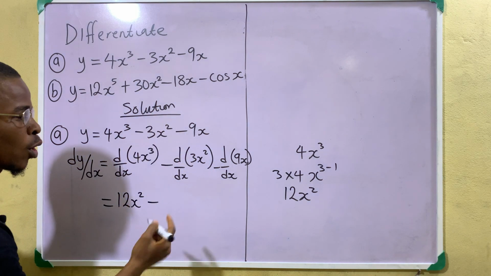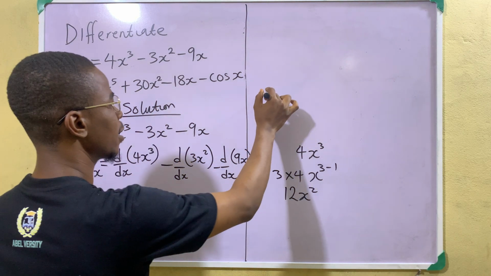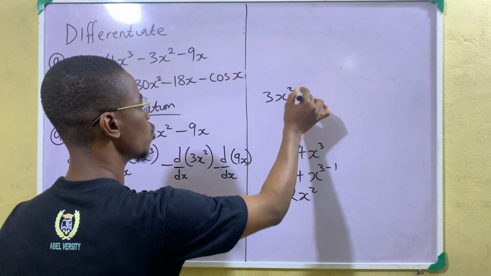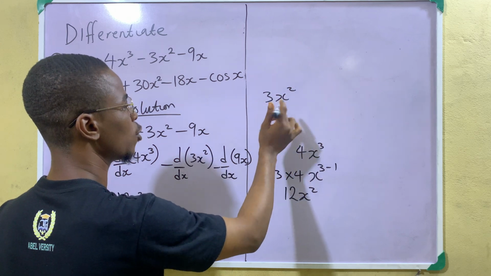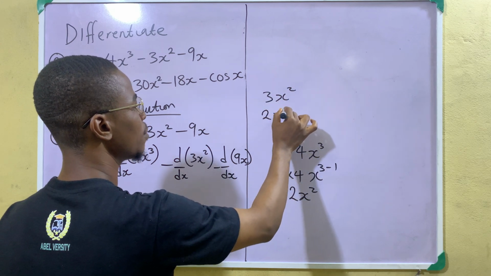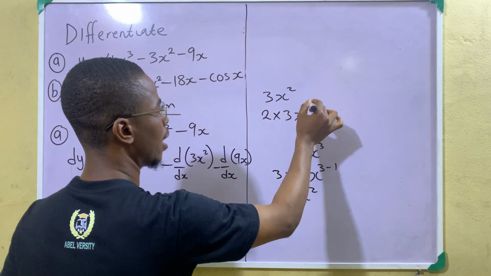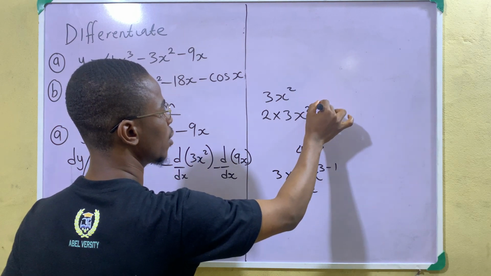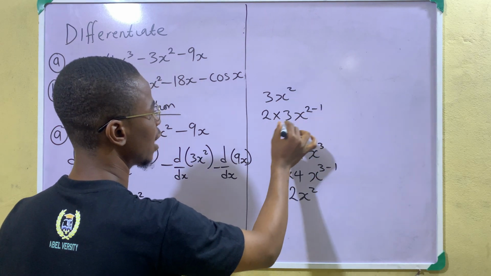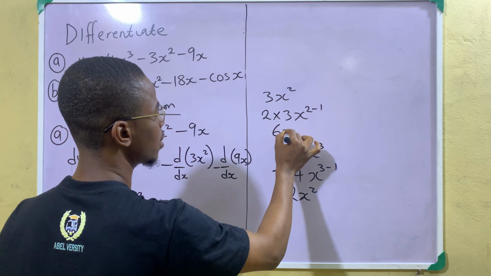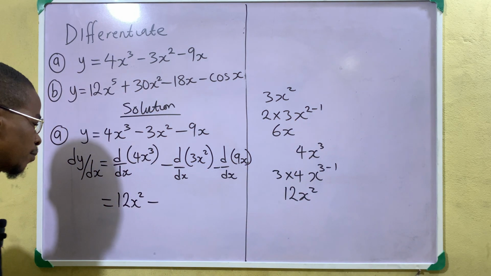3x to the power 2. How do we do that? We say 3x to the power 2. This 2 is going to come down to multiply the coefficient, which is 2 times 3x. Then minus 1 from the power, that is 2 minus 1. So we have here 2 times 3, 6x. So we have here